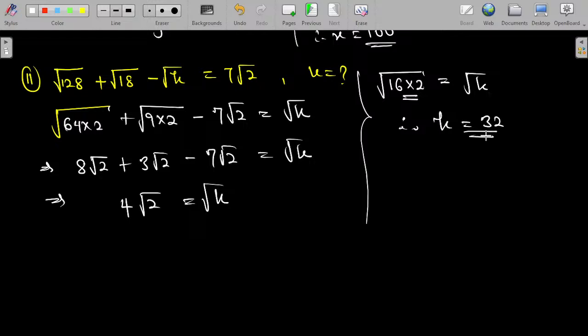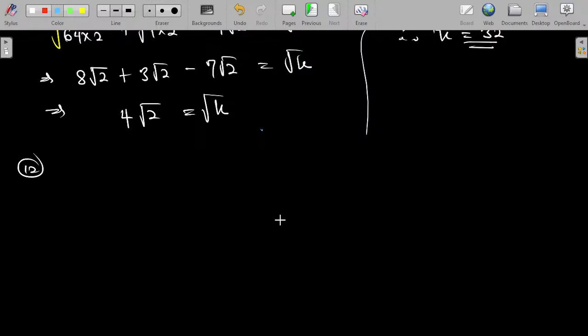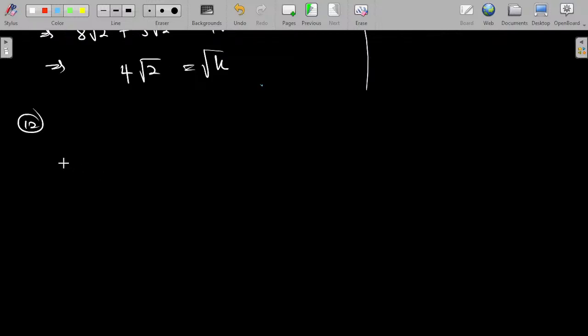And that is the answer for number 11. Okay, so quickly we move over to the next, which is number 12. Number 12 says that we should simplify, another simplification, the root of 80 plus the root of 20 minus